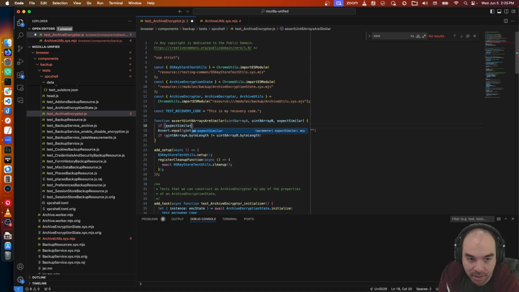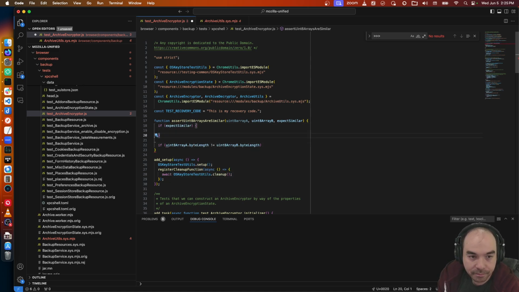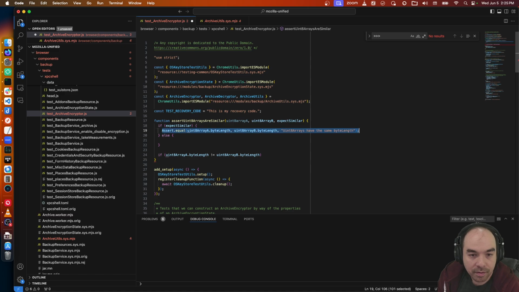If expect similar, assert that they are equal: Uint8 arrays have the same byte length. Else assert not equal: have differing byte length.